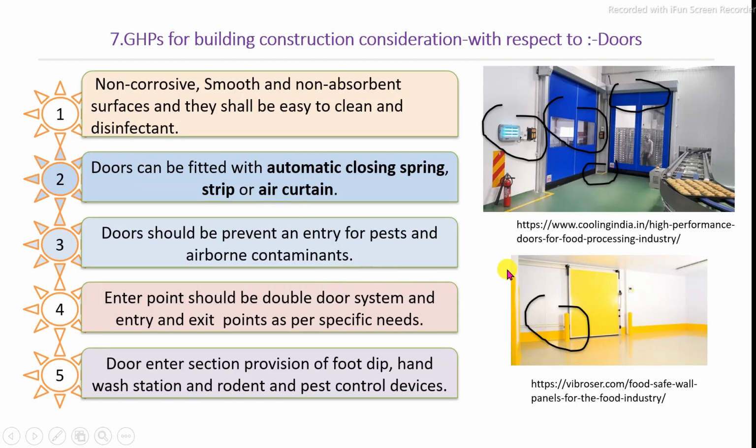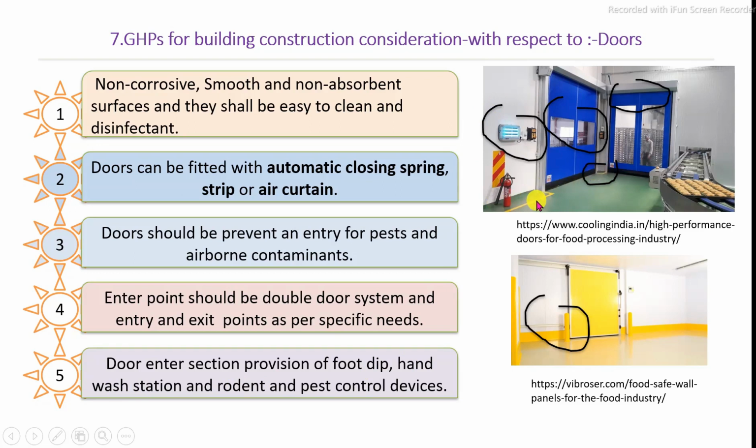Among the other points for consideration, doors should properly close all entrances in order to reduce the entry of pests and airborne contamination. A double door entry system is preferred at the entrance. Entry and exit also need to be considered as per the minimum requirements. At the door entrance station, there should be provision of foot dips and hand wash stations, and also pest and rodent controlling devices fixed at the door